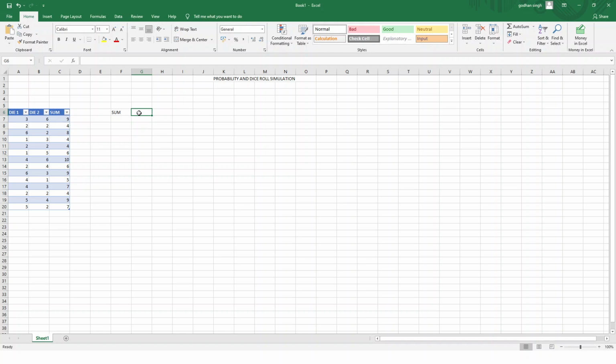For example, the least sum, what is the least sum? The least sum, whenever we throw 2 dice, that is 2. Why 2? Because it is possible only when both the numbers are having 1 and 1 on the top faces. So least will be 2 and maximum will be how much? It will be 12. That is possible only when both the faces are showing 6 on the top face. So here we'll write frequency,